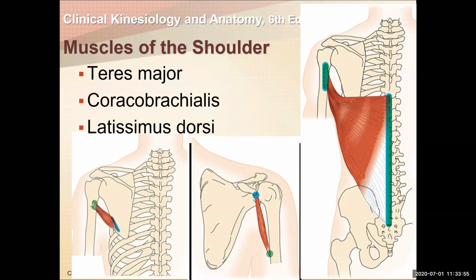Right here we got our teres major. Right here's our coracobrachialis. If you look at it, it is a super duper Cooper tiny muscle,